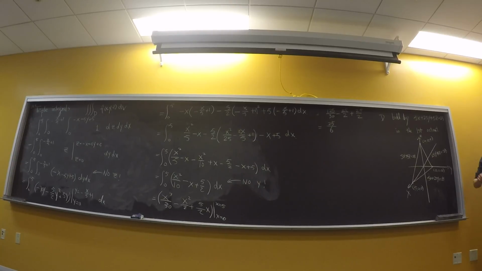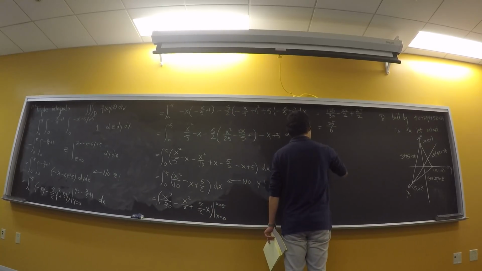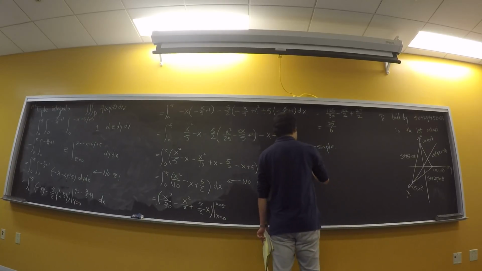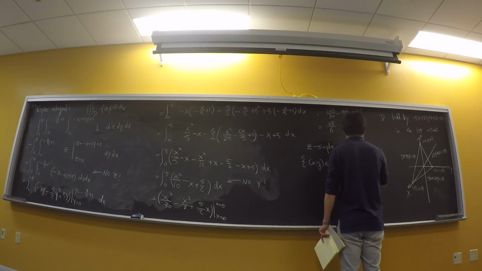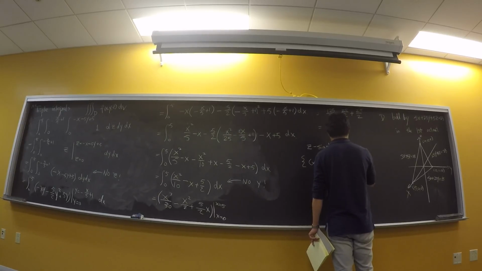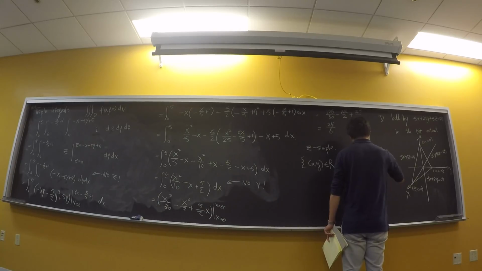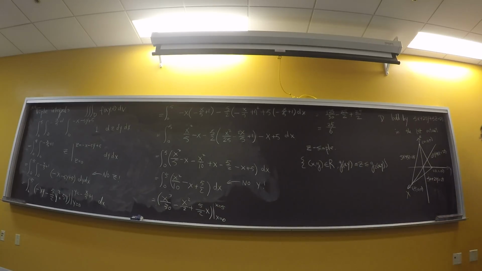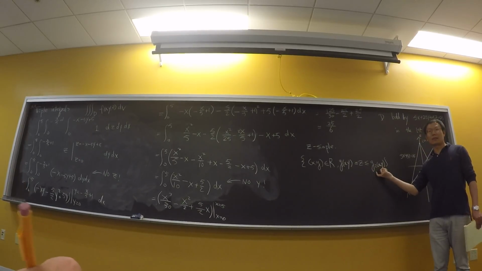And it is also a z-simple region as we agreed in the very beginning. So generally speaking, if the domain is a z-simple region, it is written down as (x, y) coming from a region on the xy plane, and z is bounded by two functions of x and y. Basically, (x, y) is coming from a region on the xy plane, and z is bounded by a lower surface and upper